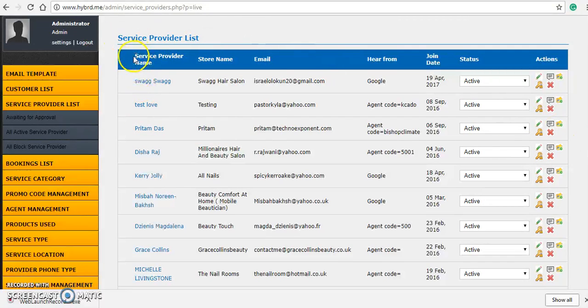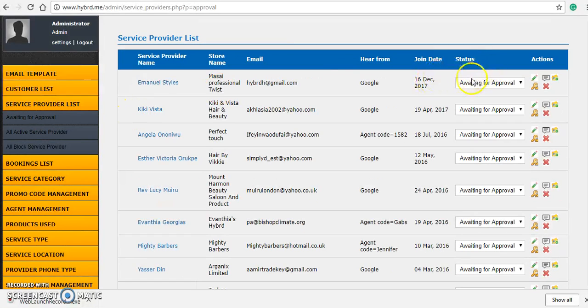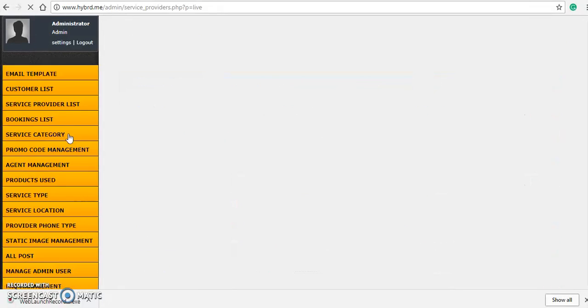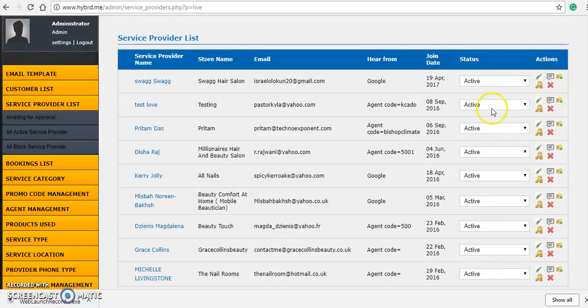Same here, we can see service provider name, store name, email, here from, joining date, status with active or awaiting for approval or blocked. You can see all these users are active. In previous tab, when we open awaiting for approval, then we could see here like awaiting for approval, but here all are active members. Here also same action options come like edit service provider, reviews, add images, reset password or